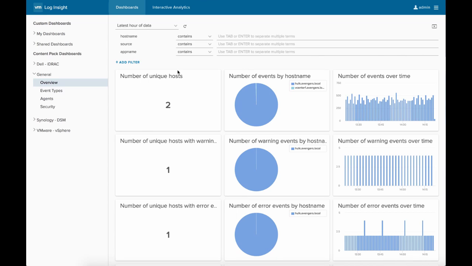Welcome to the walkthrough of the Log Insight UI. So, Log Insight is installed. What's next? How do you use it? First, you'll need to have an understanding of the UI and where everything is in order to better utilize its